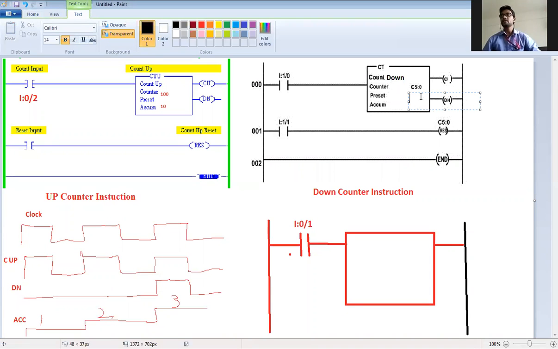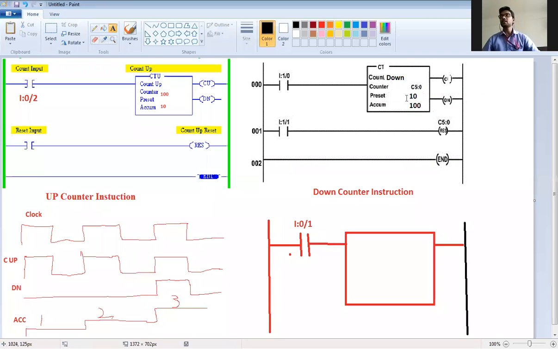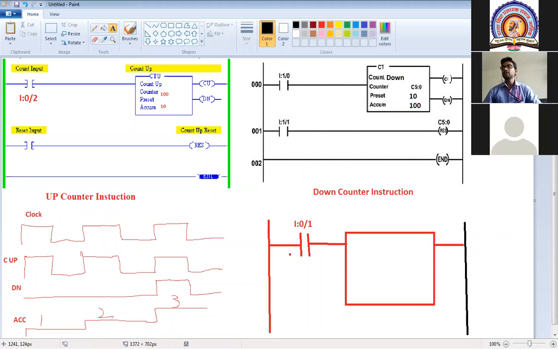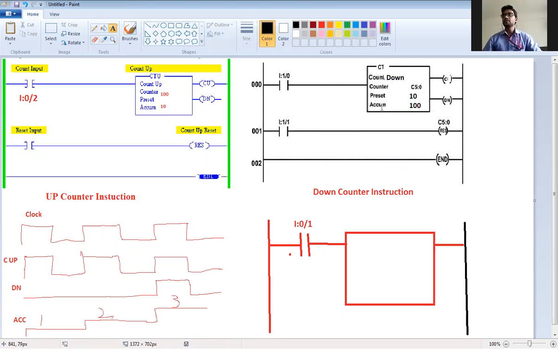So if the preset is 10 and the accumulator is 100, the starting value is 100. Every time this turns on, the accumulator value will decrement by 1.